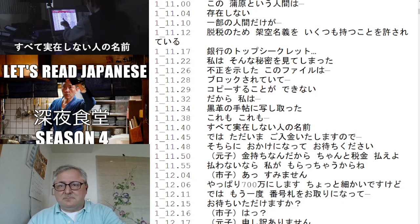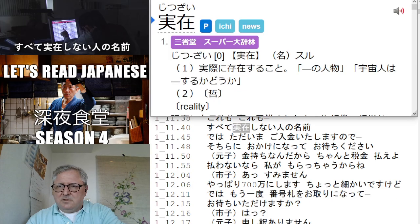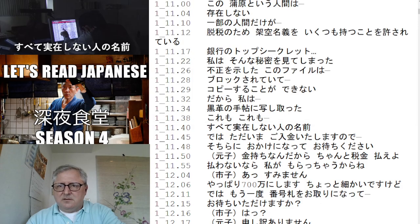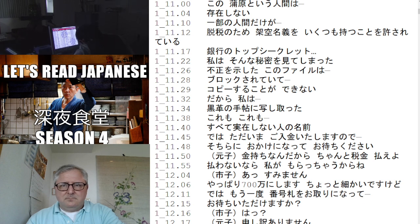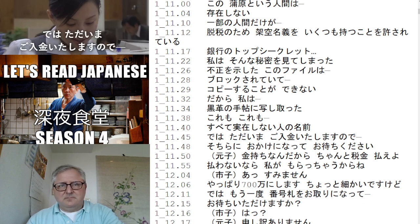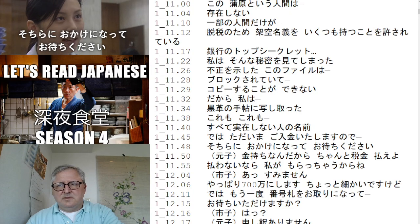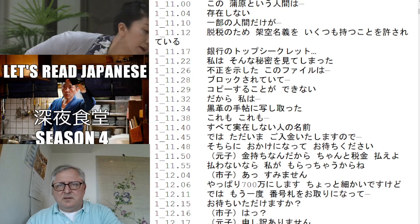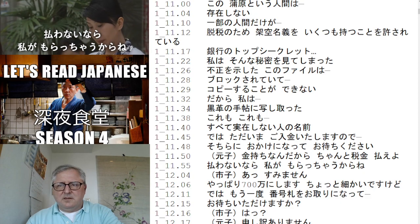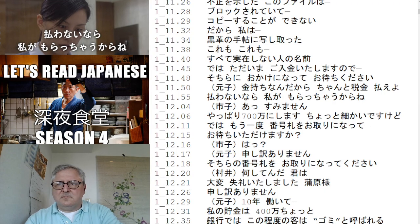すべて実在しない人の名前。 It is existence. Okay. すべて実在しない人の名前。では、ただいまご入金いたしますので、そちらにおかけになってお待ちください。金持ちなんだからちゃんと税金払えよ。払わないなら私がもらっちゃうからね。